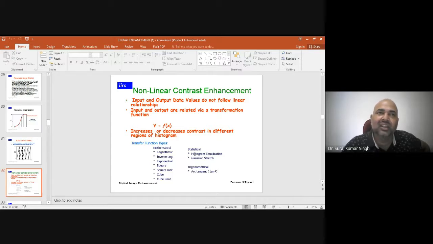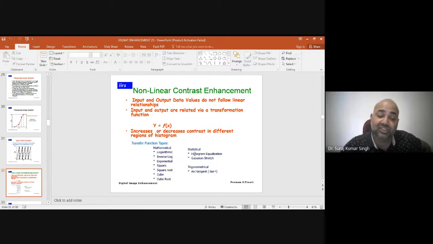And there will be a change in the entire operation, and that will be on the basis of mathematical formulas and equations. The other way of changing the appearance of your image can be using a statistical operation. These are the most popular techniques used for enhancing the quality or the appearance of the images: histogram equalization, Gaussian stretch, and trigonometrical operation involving arctangent.